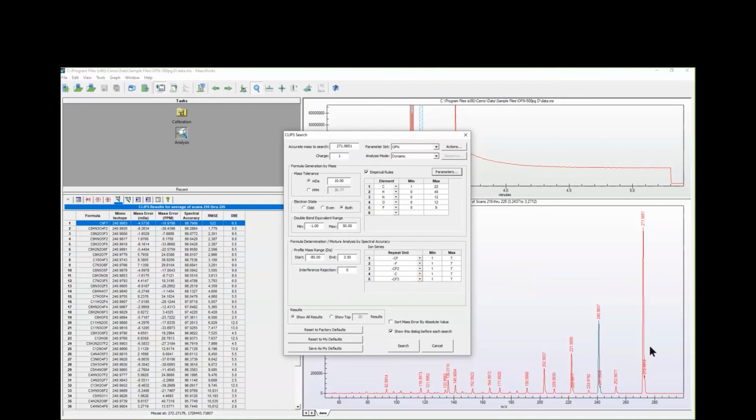And instead of just looking at a narrow range of the single isotope, I'm going to actually look at all of the ions across that range. So I'm going to start at about minus 80 from the monoisotopic peak here, all the way up to 3.5 Daltons, which includes the A+1, A+2, and A+3 isotope patterns. So if I do a search here,